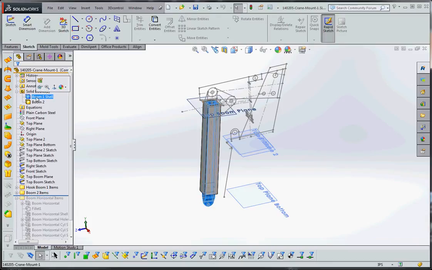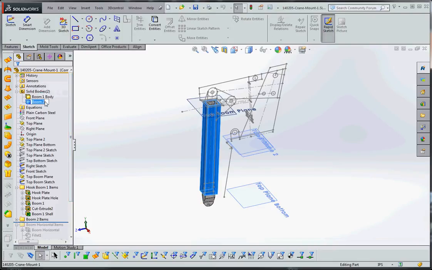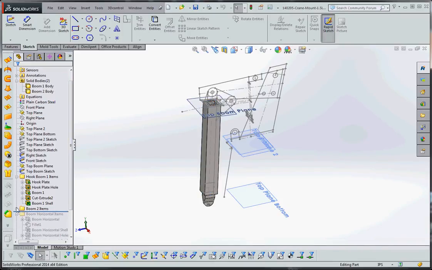Now up here in our solid bodies, you want to make sure that these are adequately descriptively named. As I mentioned before, the solid bodies will usually borrow the name of the last feature of that body. So it's borrowing the boom 1 shell down here, and actually renaming that body to that. But we're going to call it just boom 1 body, so we can differentiate that from any other element within our design here. And then boom 2, we're going to call that body 2. The only element in our boom 2 items is just a